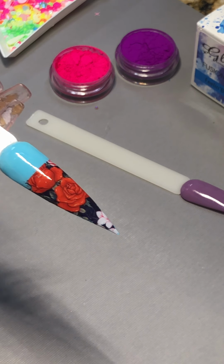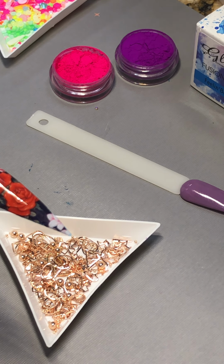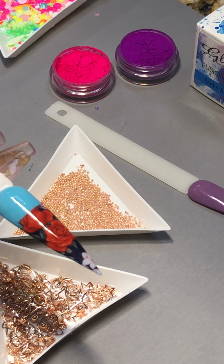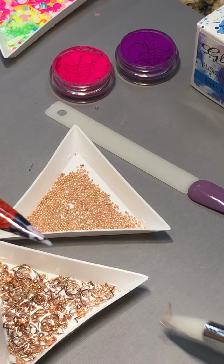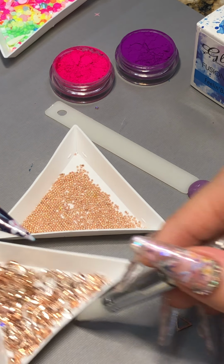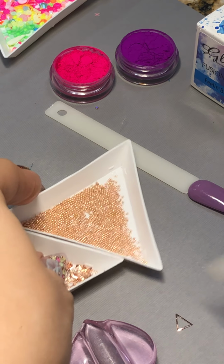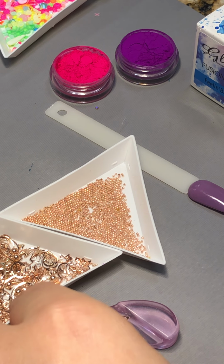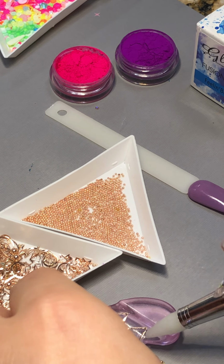Let's see what we have, the frames right there. Oh, I got my rose gold. I have that super cute frame right there. And this one is flat, but I'm going to show you how I can get that. Just for your information, I just lay it right there. I can do both of them at the same time and lay it flat right there and place the two,